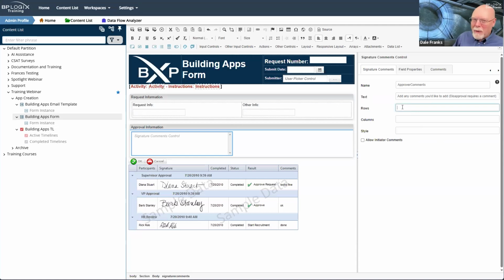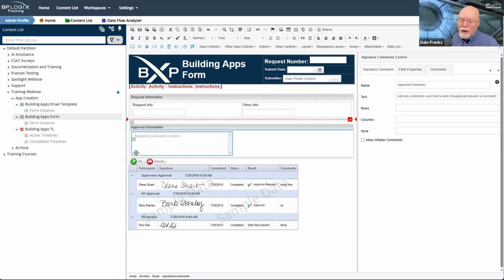But for the most part, people don't leave that extensive a set of comments. So we're going to go ahead and leave our rows and columns alone. Although in general, what rows and columns do is set the size of the control. I think in most cases, the default size is just fine.